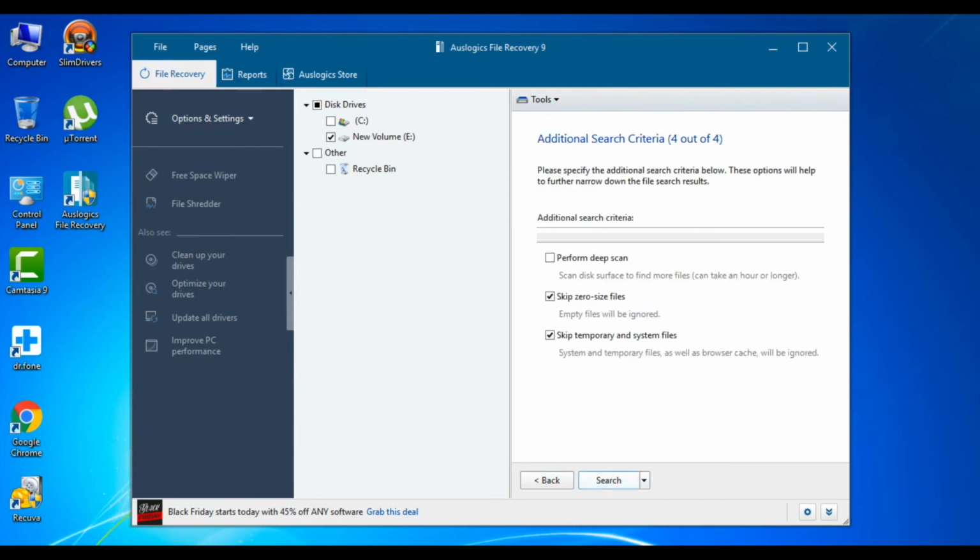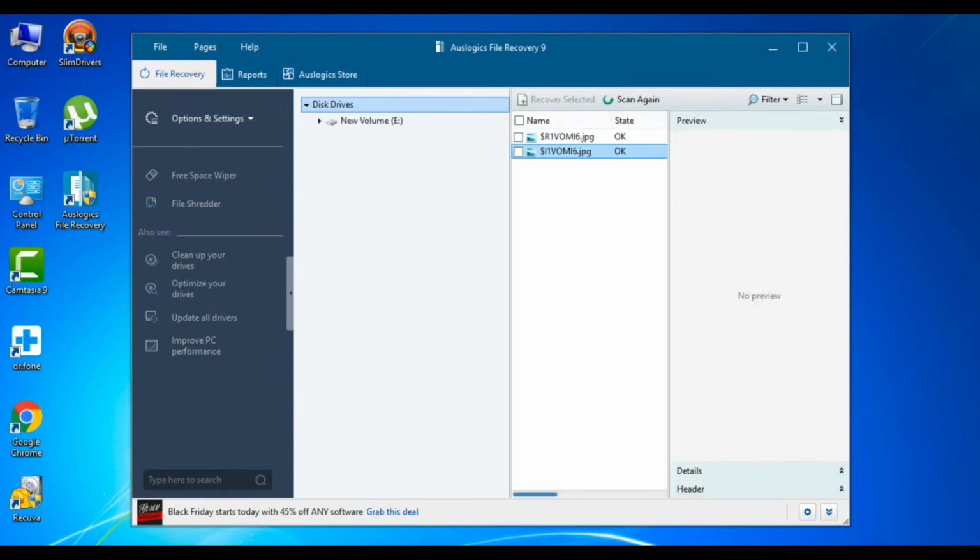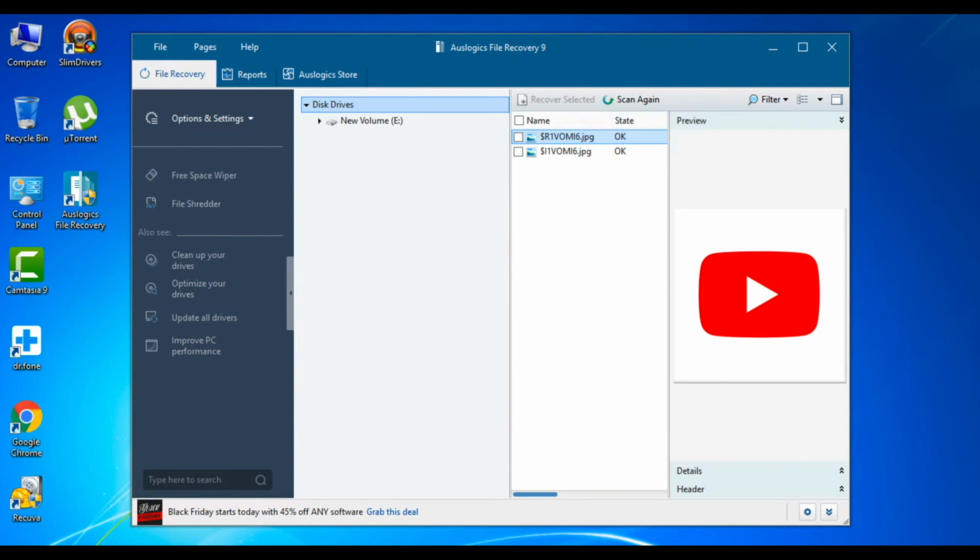too, and start search. Now we got our file here that we have deleted, and we have a preview here also. The only thing to do to recover this file is to check one of the files and click on Recover Selected located at the top. As soon as you do that,